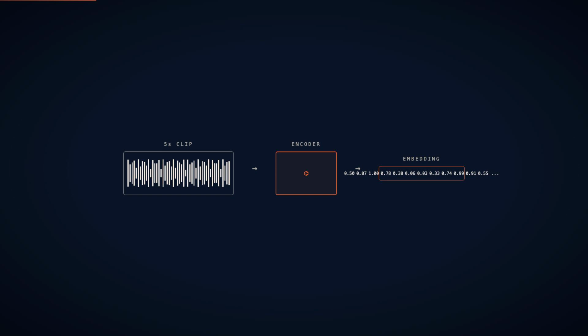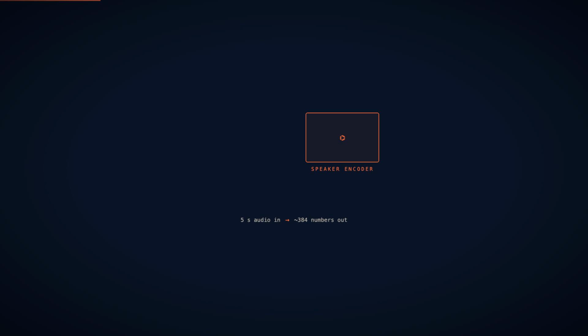The speaker embedding does not come from the main voice cloning model. It comes from a smaller, separate model that has been trained on tens of thousands of speakers. Its only job is to take a clip and produce a fingerprint that places the speaker in the right neighborhood. It does not know what was said. It does not care. This separation matters.